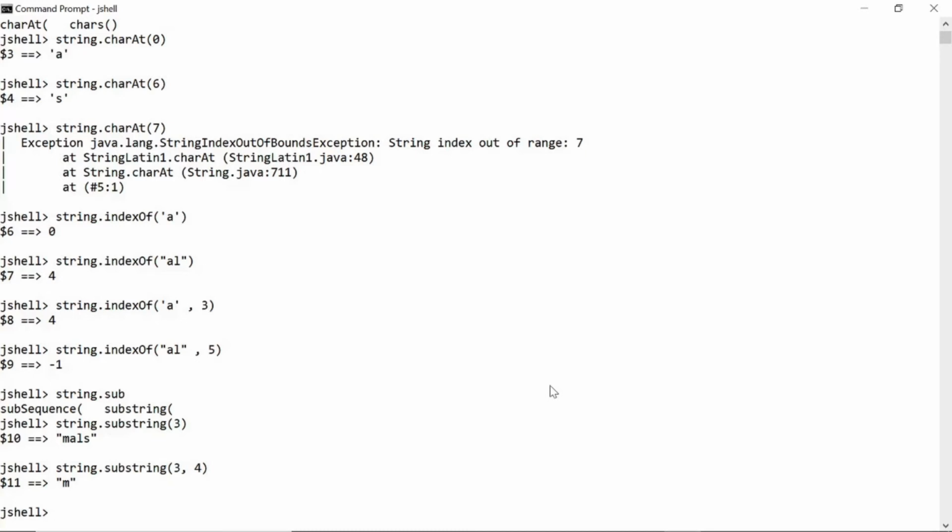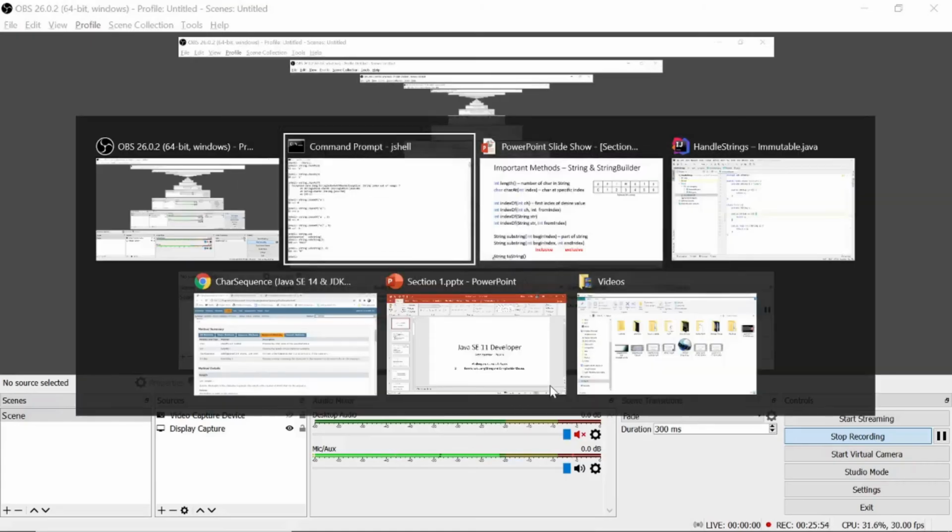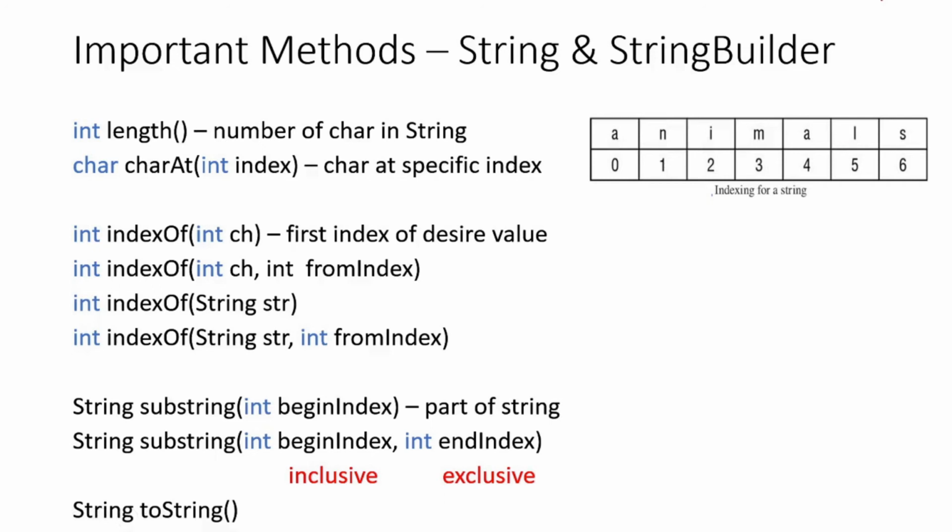So it starts from 3 and stops before 4. So you can see that 4 is not included, it's exclusive. Okay,